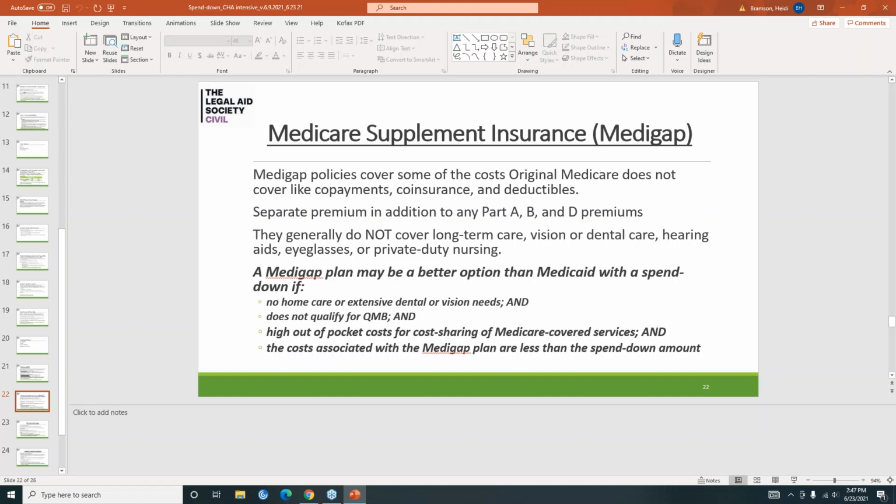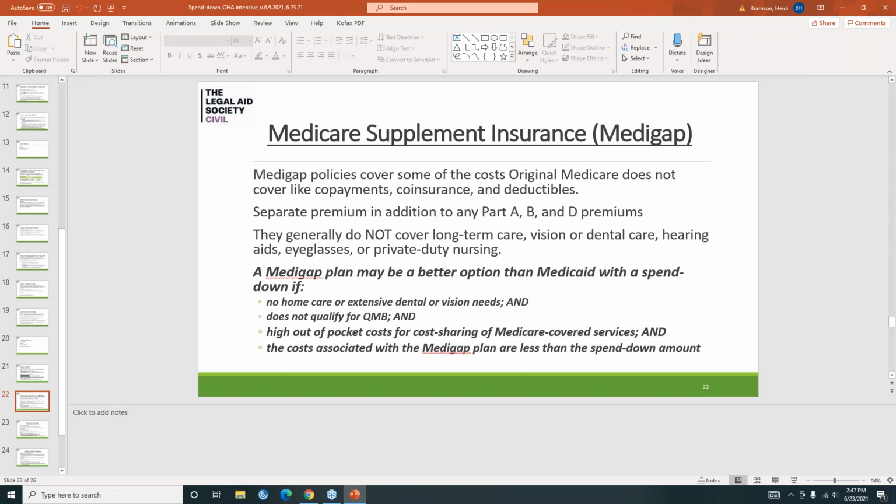So a Medigap plan might be a better option than Medicaid with a spend down if there's no home care or extensive needs that are dental or vision, if the individual doesn't qualify for QMB, and then if the high out-of-pocket cost for Medicare covered services are less than the spend down amount.